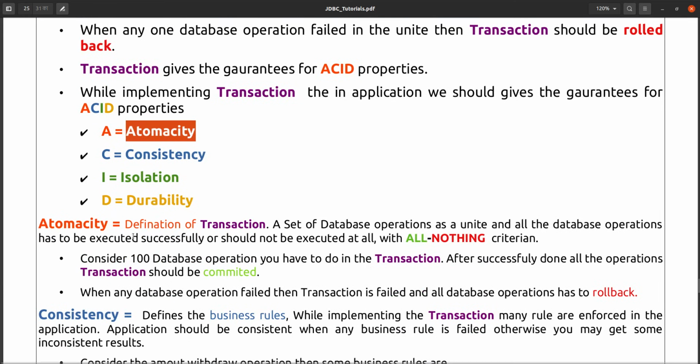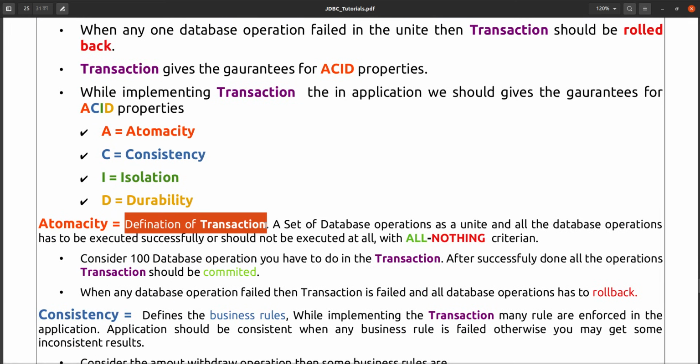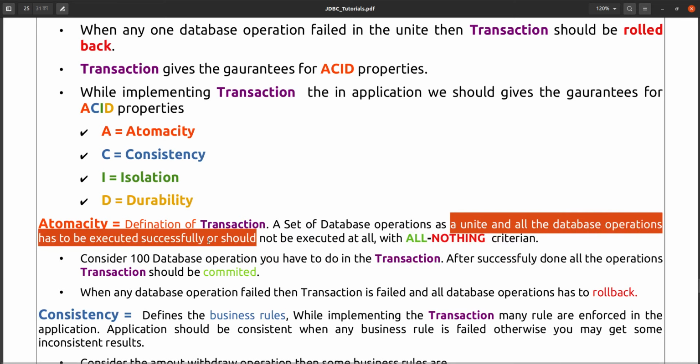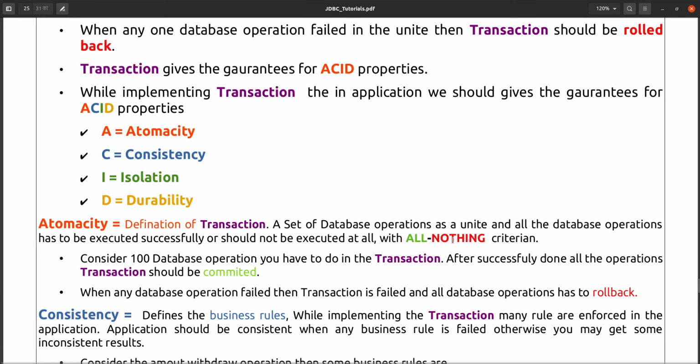Atomicity is nothing but the definition of a transaction: a set of database operations as a unit, and all the database operations have to be executed successfully or not executed at all, with all-or-nothing criteria. That is the definition of atomicity.